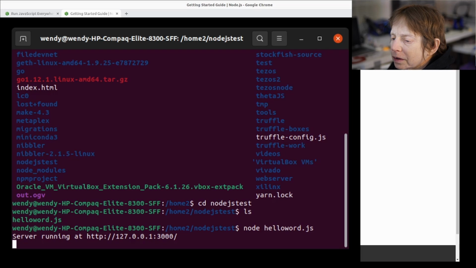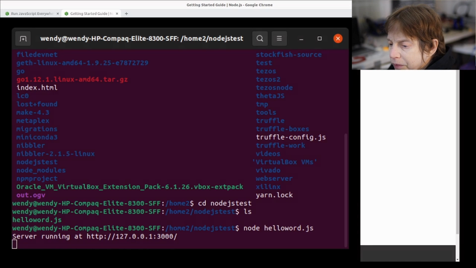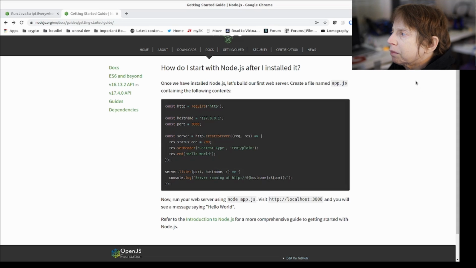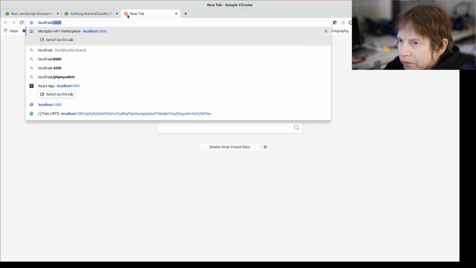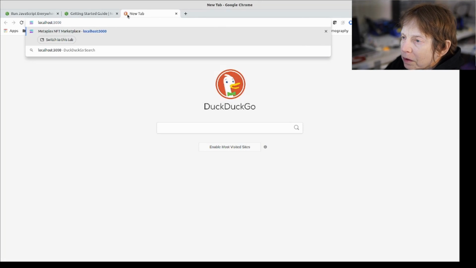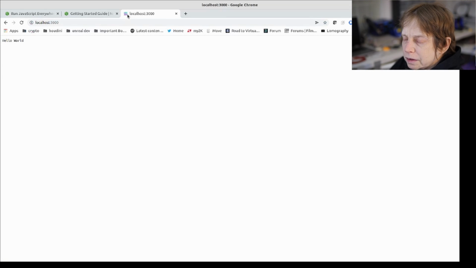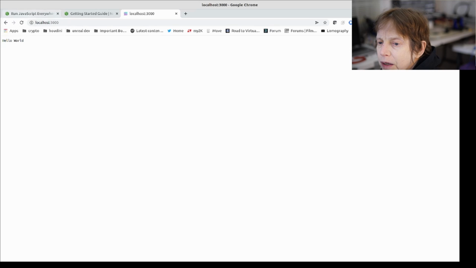So let's go back again up here, and I'm going to bring up a browser, and there it is. Now obviously what you can do there is put a whole bunch of HTML stuff and make it all, for example,